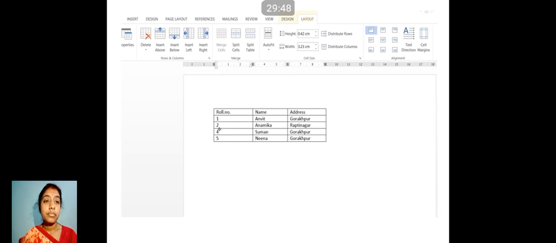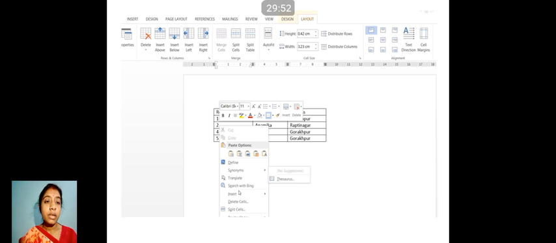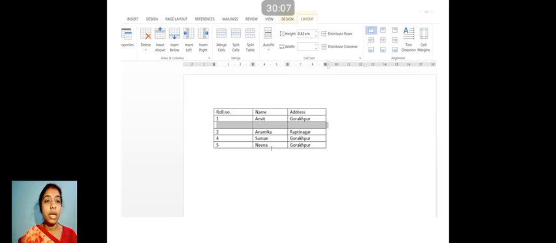There also are delete and insert. Here you can do insert also. This is a shortcut menu, and with this you can insert also, as we have done from the top. For the insert option, you have insert left, right, above, below. You can do that also.